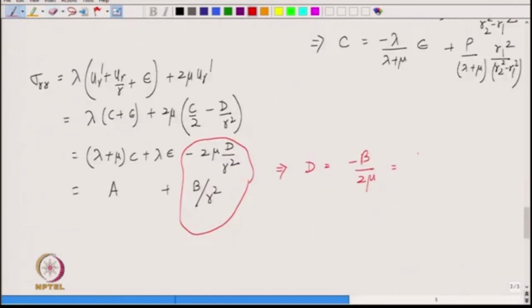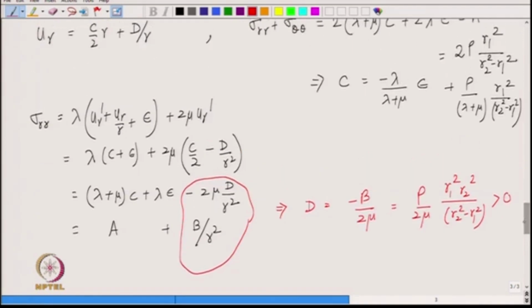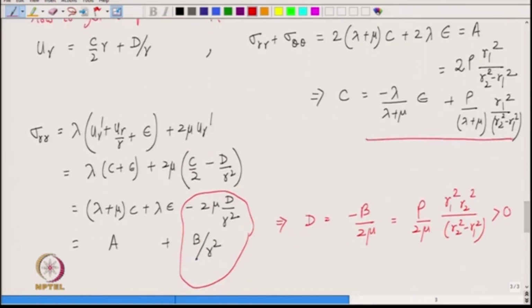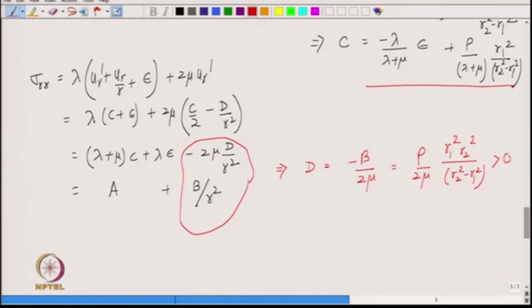So, d becomes p times r 1 square into r 2 square over r 2 square minus r 1 square by 2 mu. Okay. So, d is now a positive value greater than 0. All right. So, with this, what can we now say about u finally? So, we have c as well as d here. So, that is your c. So, u r is then